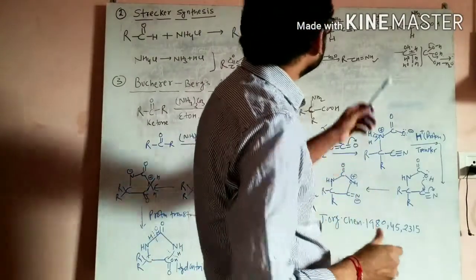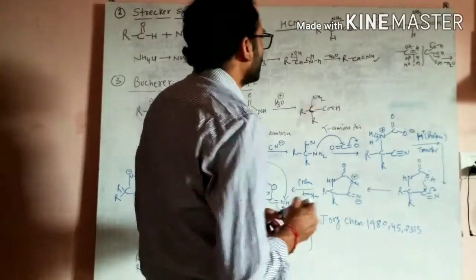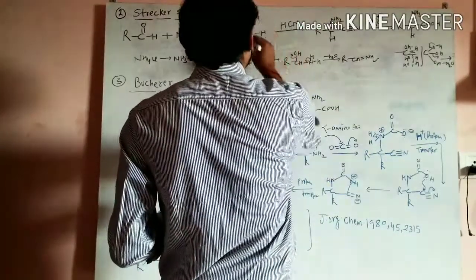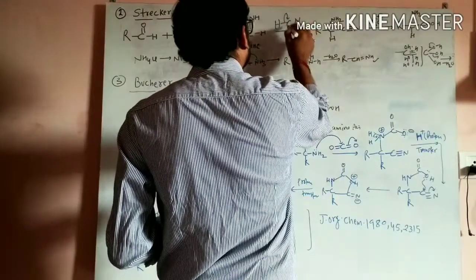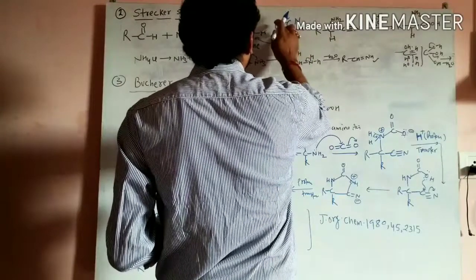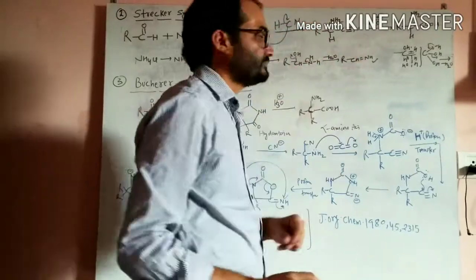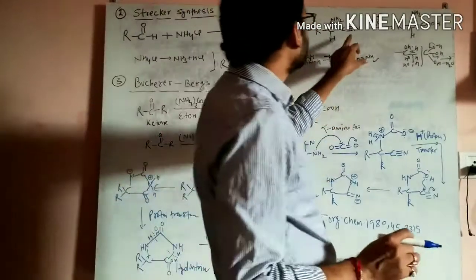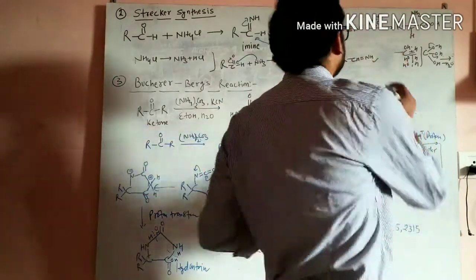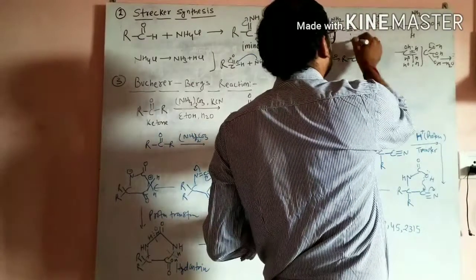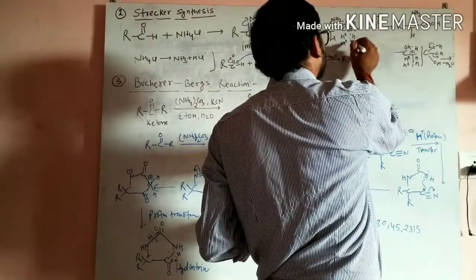Now, when this imine is reacted with hydrogen cyanide, this is a simple reaction, HCN. The cyanide is coming here, and H plus is going there, giving NH2 here and C triple bond N here. Now when this nitrile is hydrolyzed, it will give a geminal triol. It will hydrolyze from here, OH, OH and H.